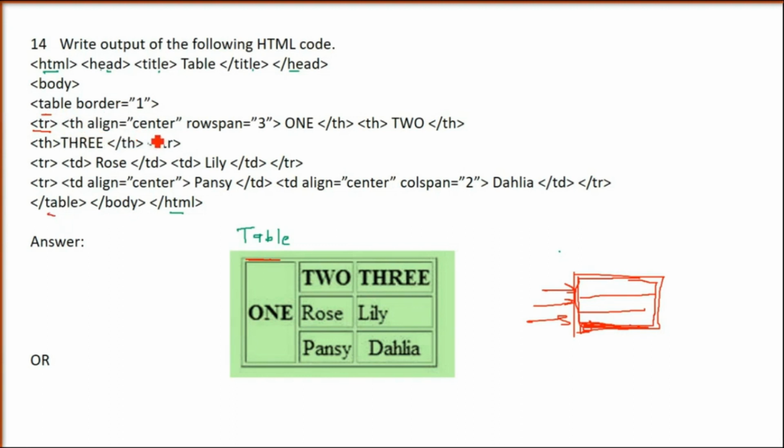Now in table row, first row, we have written TH. TH means table heading. This has to be centrally aligned. Table header will always be in bold because it is the heading and it will come in center. So if this is the table, I want to write T and T, anywhere it can come. Center means this T will come in the center. If you see 1, 2 and 3 here, they are centrally located.